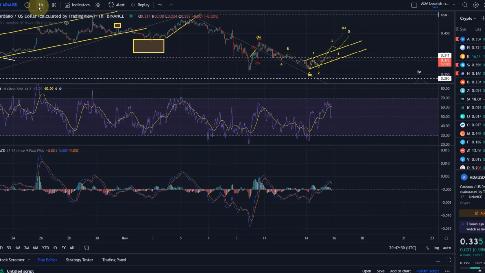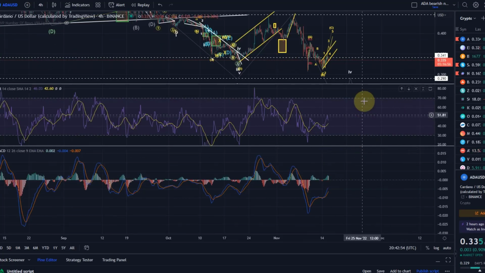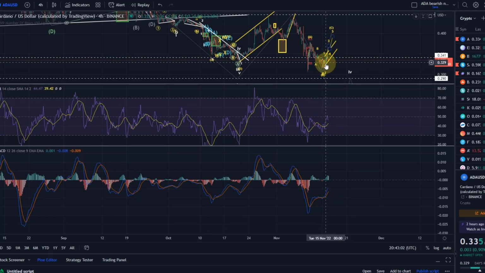Generally, if we now go to the 4-hour chart, which is a bit more meaningful than the 1 hour, you can see that we are not really pushing higher in momentum here. So it's really slow at the moment. I mean, it's boring price action at the moment, after last week was really a lot of action in the market.